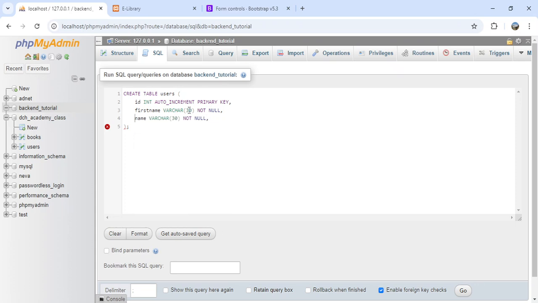So we'll duplicate the same thing for last name. So last name, and then we'll have the same thing for email, but in this case the length is going to be 255, and then we put email, and we want to make sure it's unique, right? Unique, so each user's email is unique. All right, and then we're going to have